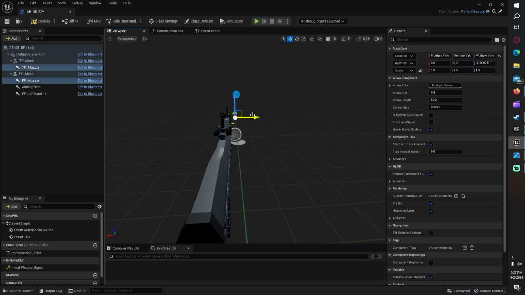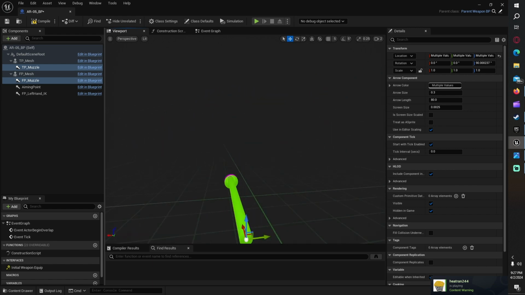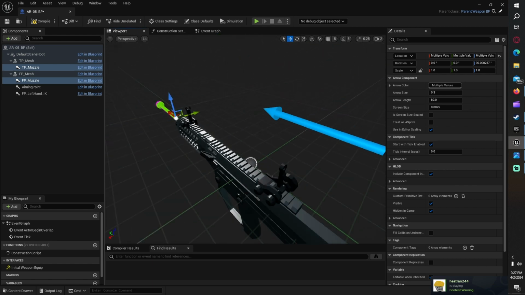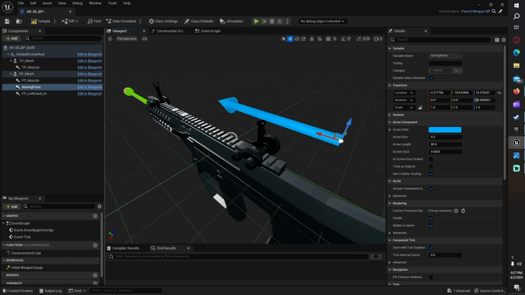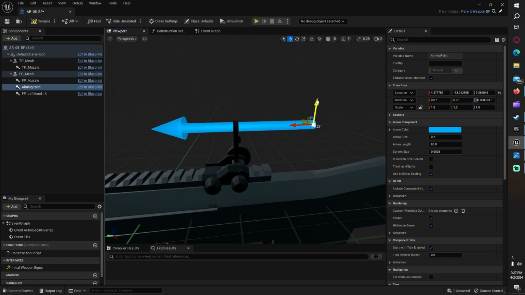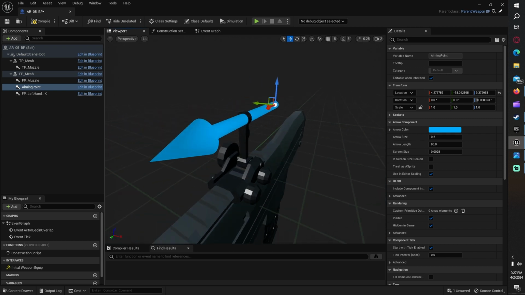I don't know why that is. It's probably just the way that he developed the meshes in Blender. Make sure your aiming here is kind of in the right spot. We'll just do a general